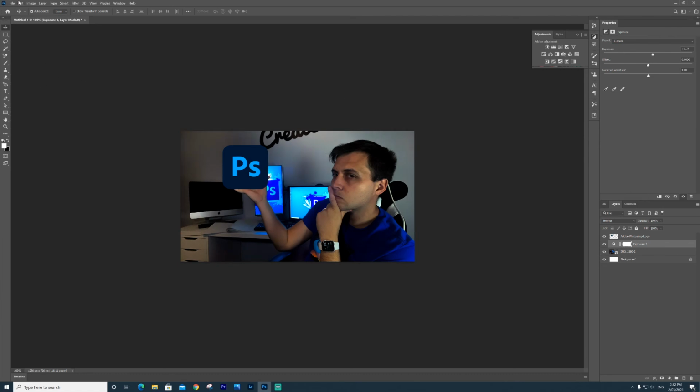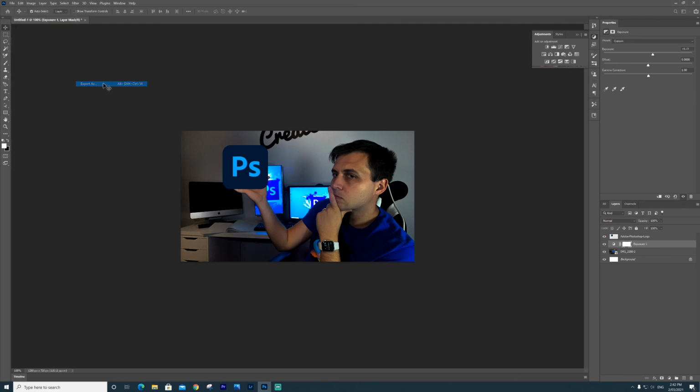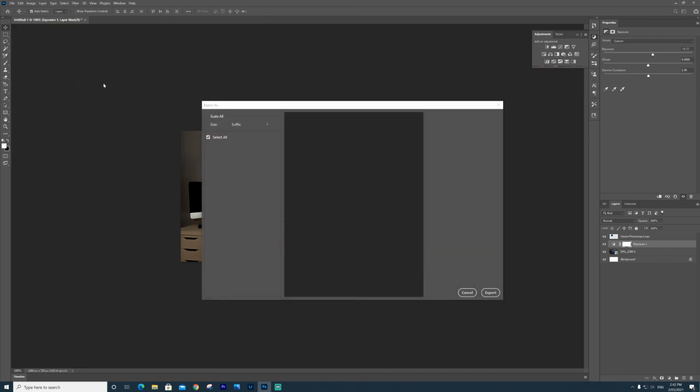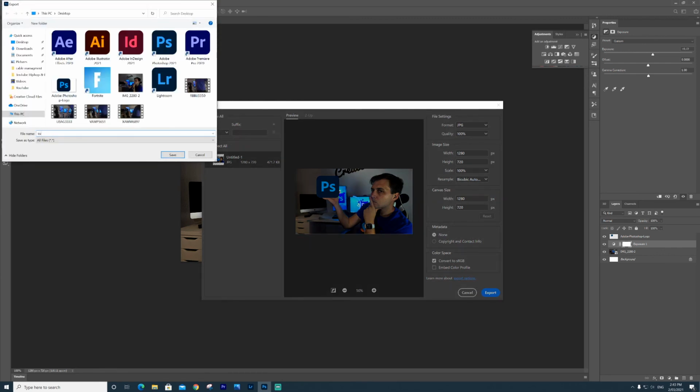Now when you're done, file, export, export as. Here you select what format you want. I'm going for basic PNG. You can adjust all this, but you won't need to most of the time. Click export, call it what you want to call it,